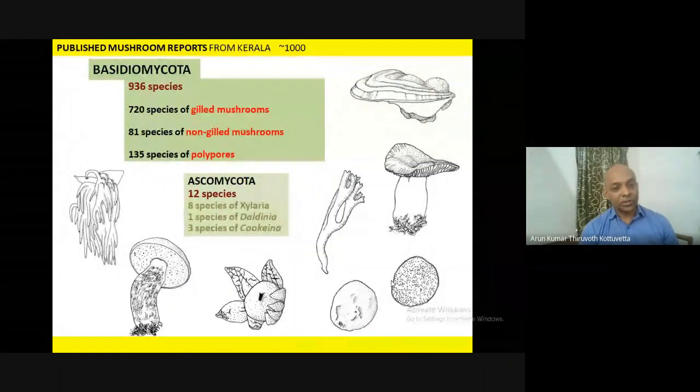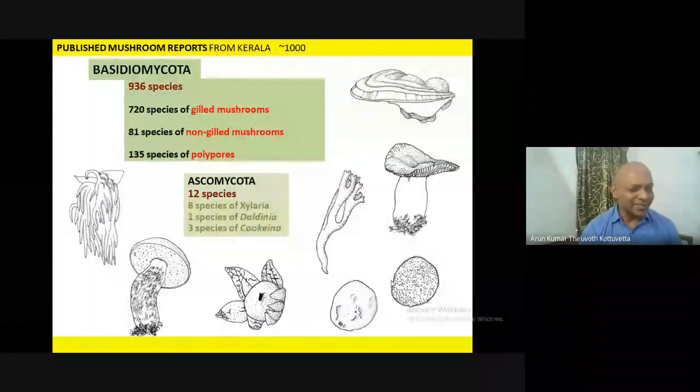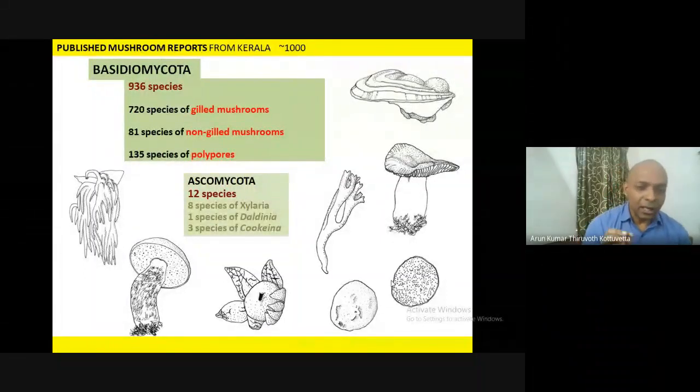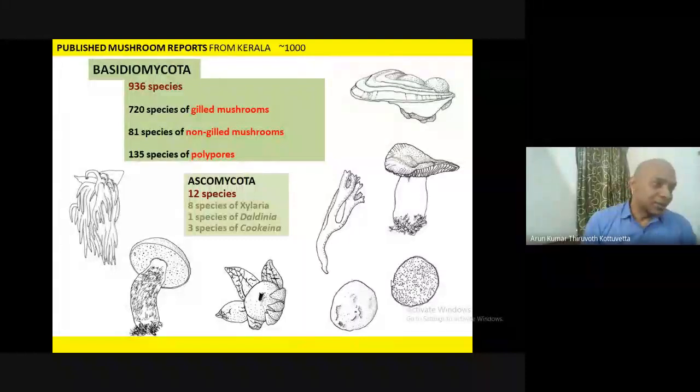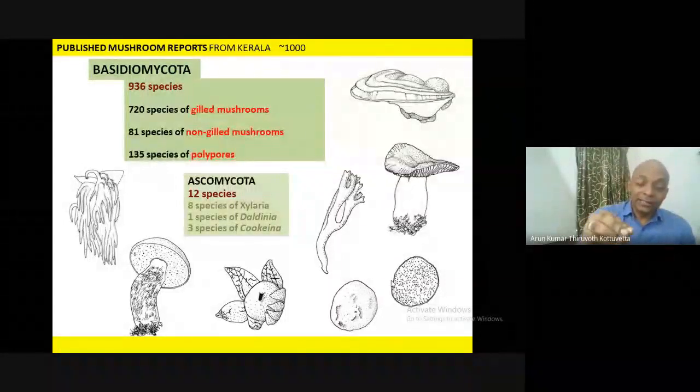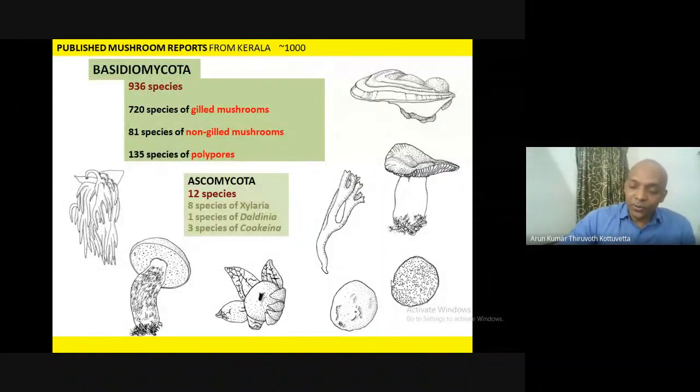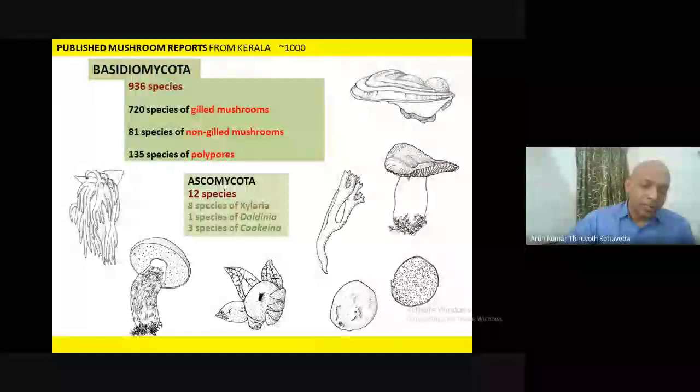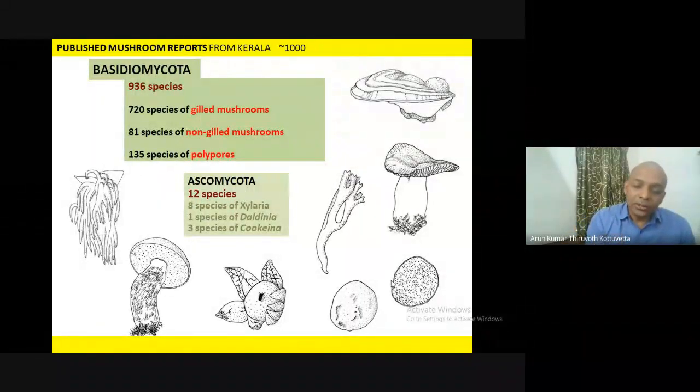With regards to Ascomycota, we have 12 species that are recorded. Not all the Ascomycota members, but the large fruit body forming Ascomycota members. Of course, we have a number of Ascomycota members which are plant pathogens. So that is a huge list. But regarding the Ascomycota members which produce macroscopic fruit bodies, we only have 12 species reports, which is quite interesting